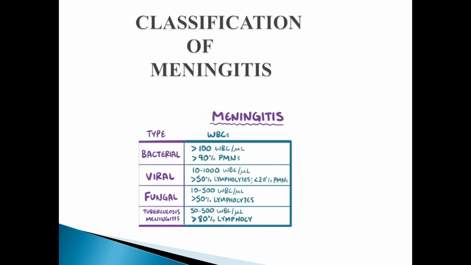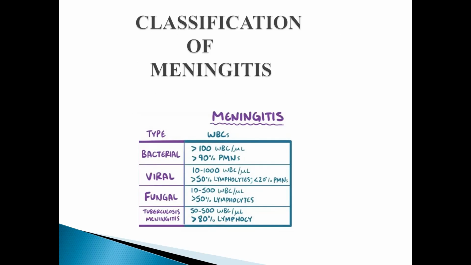Let us classify meningitis based on the count of WBCs. Classification of meningitis. So bacterial meningitis, the count is greater than 100 WBC per microliter or greater than 90% of the PMN cells, polymorphonuclear cells. Viral meningitis ranges between 10 to 1000 WBC per microliter or greater than 50% of lymphocytes or less than 20%